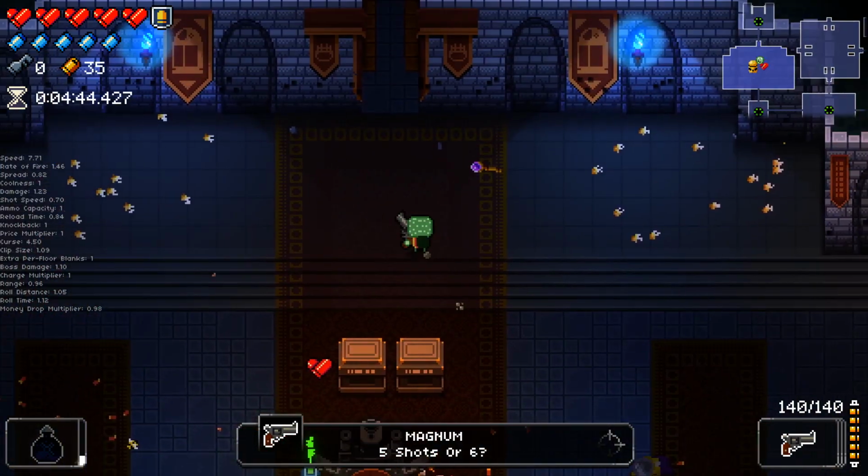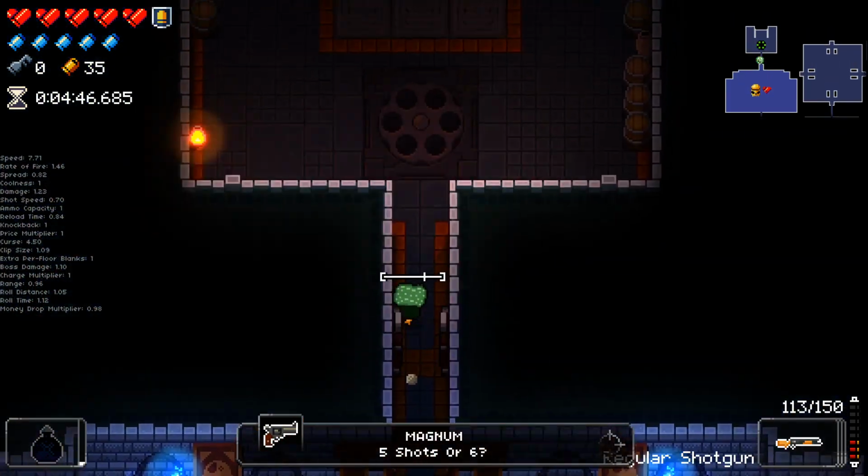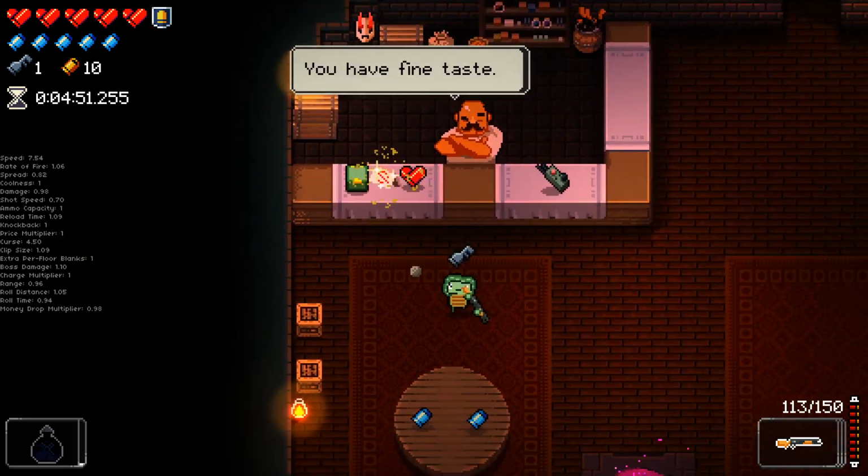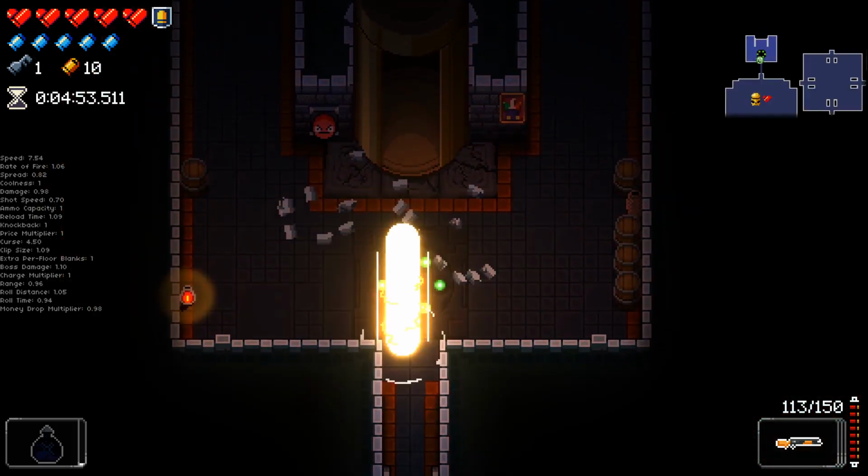The Magnum there as well. Magnum's probably not going to be too good with it. We'll stick with the shotgun for now. We didn't get any keys. We will buy a key before we head down to the next floor, though, because it makes sense to. And let's carry on going. So, yeah, the only custom rooms we're going to see right now is...